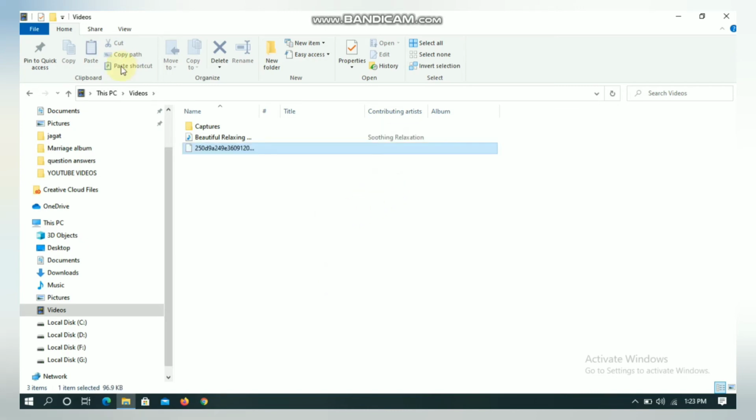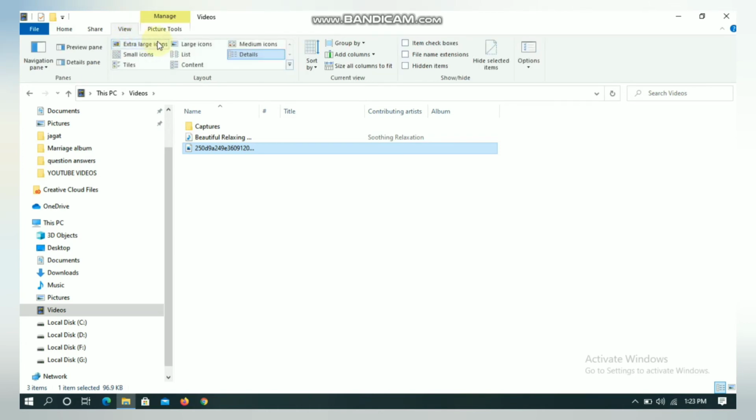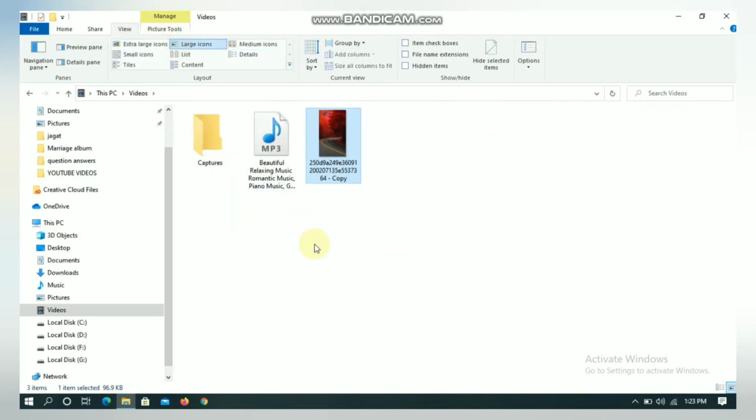So you can see the image that we have moved is here now, and you can also move a folder like this. Next you can delete it as well if you don't want it or you already have many images or files, similar files, so you can also delete it.